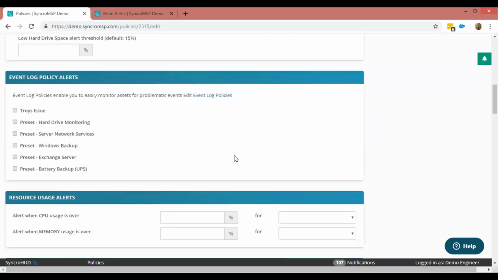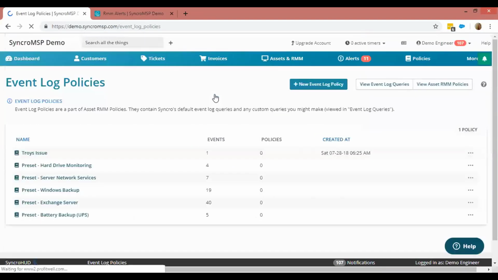You've got event log policy alerts. So this just opens the door wide open to monitoring. If you want to do some more extensive hard drive monitoring, you can have this preset selected. But you can also create your own event log policy. So if you wanted to be notified,